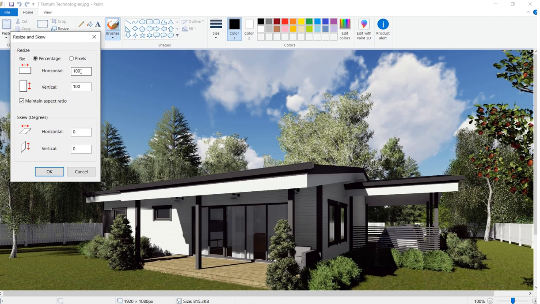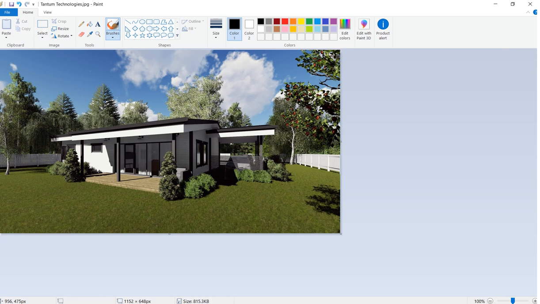You see your picture is 100 over 100. So what you're going to do? Let's put, for example, 60. Of course, maintaining the aspect ratio, and you click OK. You see that your picture is resized. In order to see the change, you will click Save, and after clicking Save, you see that your size has been reduced